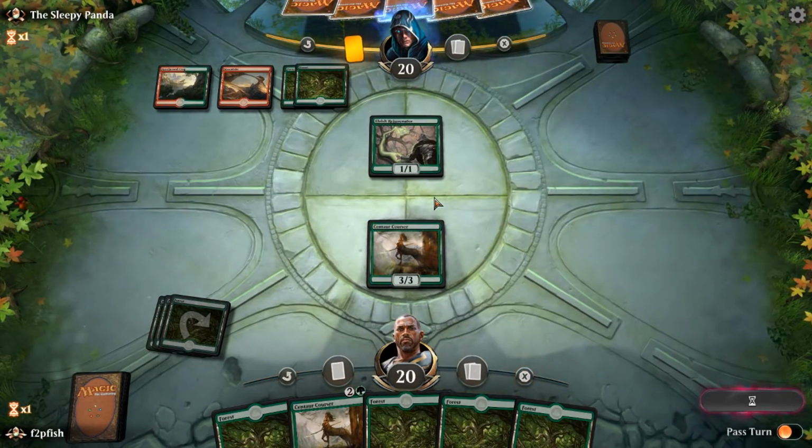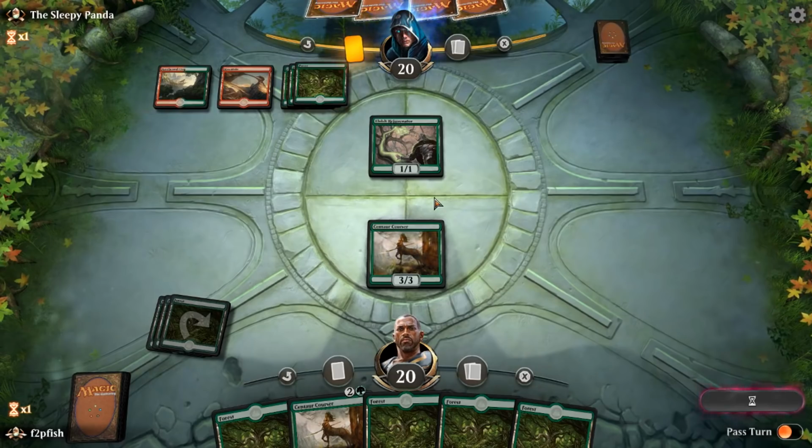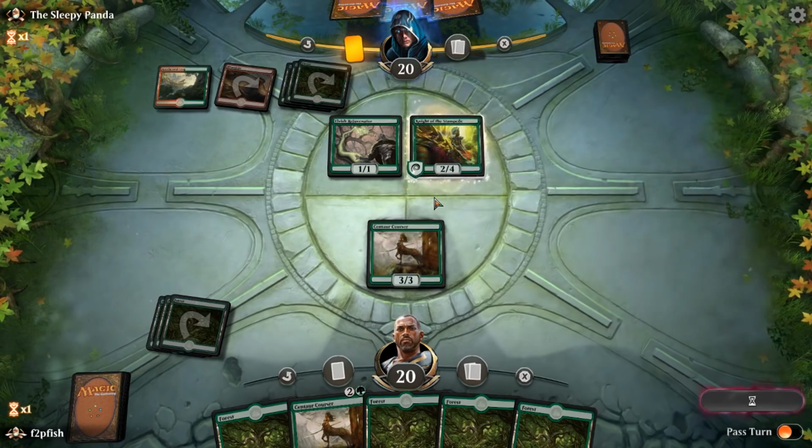Opponent, please. Sleepy Panda. Please, no big threats here. They're already on turn mana 5. Oh. Whew. Yeah, we're just playing with a starter deck, so...